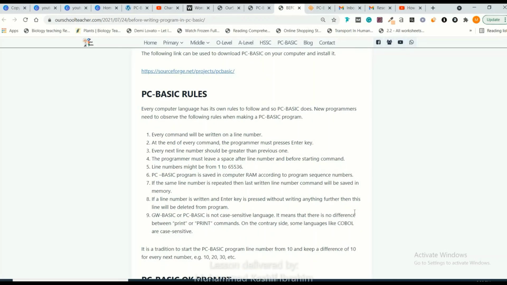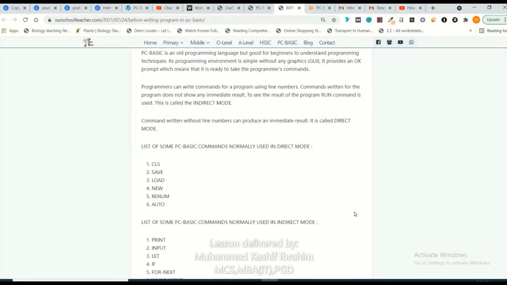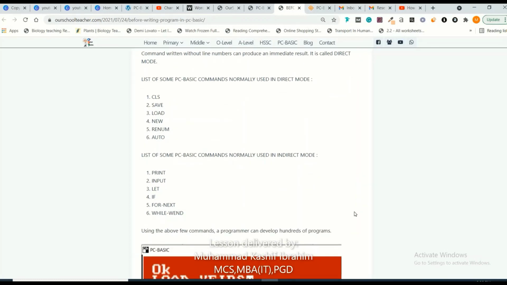Then we have learned some PC BASIC rules, and then we have seen the OK command and the number of commands which can be used in PC BASIC.